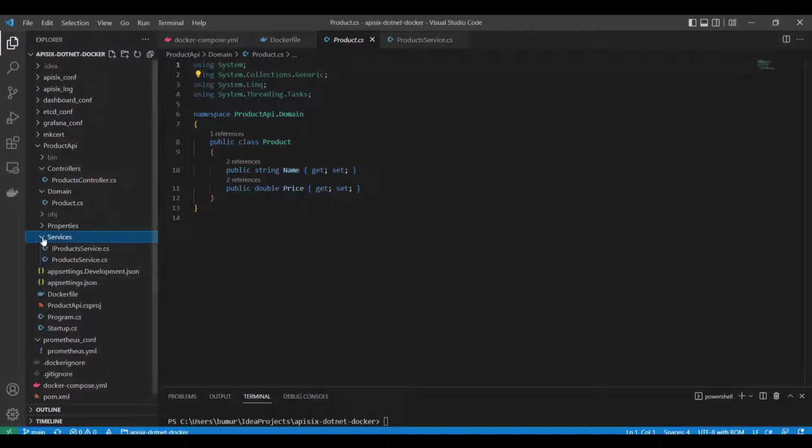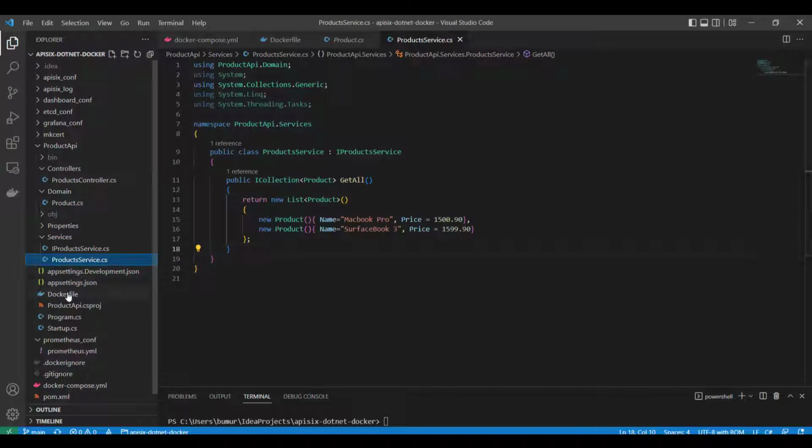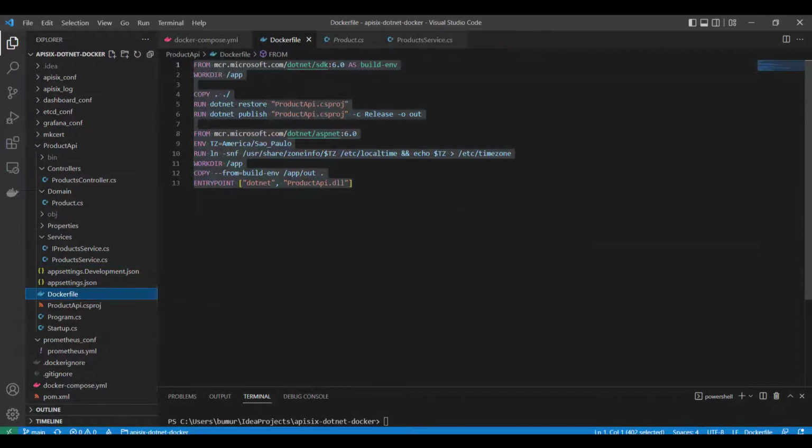Also, we have some services and a Dockerfile under the product API project. It has just a standard Dockerfile structure. This file is responsible for pulling the .NET 6 SDK, because we are using .NET 6 for this project, and ASP.NET 6 images will be pulled from the Docker registry,